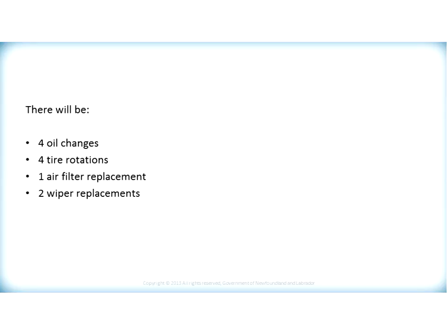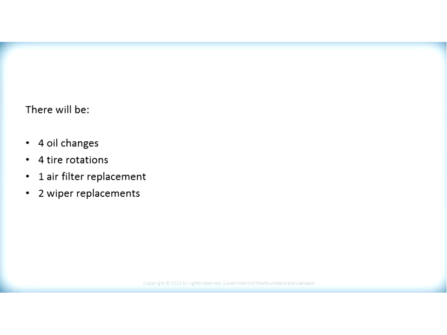So in the first year, there will be 4 oil changes, because there's 20,000 kilometers driven and an oil change every 5,000. 4 tire rotations. Every time she changes her oil, she's going to get her tires rotated as well. There's only going to be 1 air filter replacement, because that only has to happen once a year. And there's going to be 2 times that she replaces the wipers, because that should happen every 6 months or